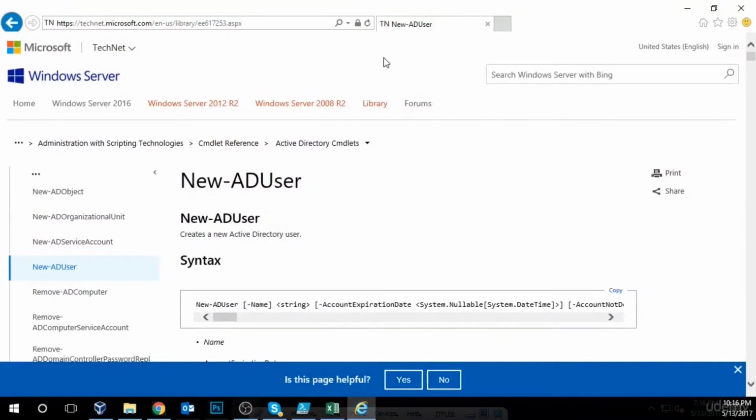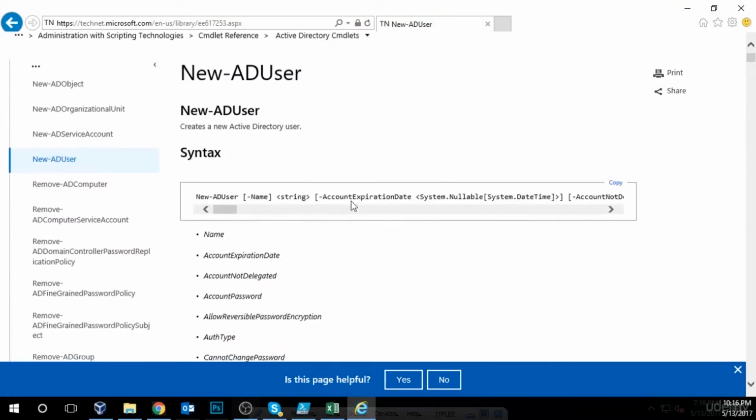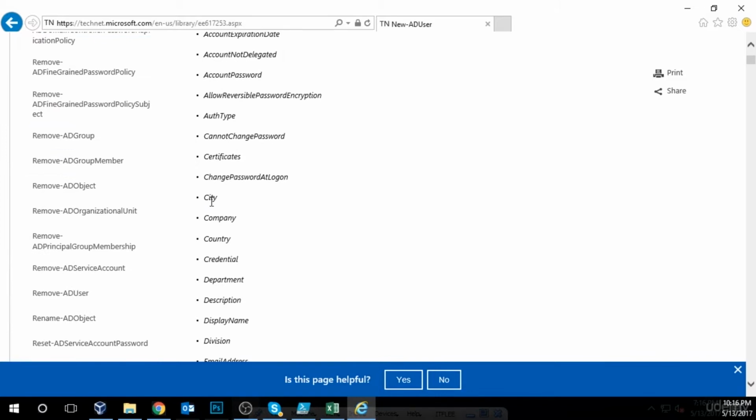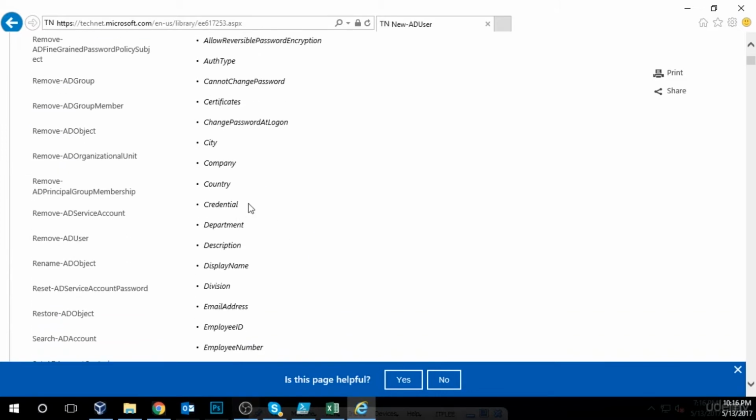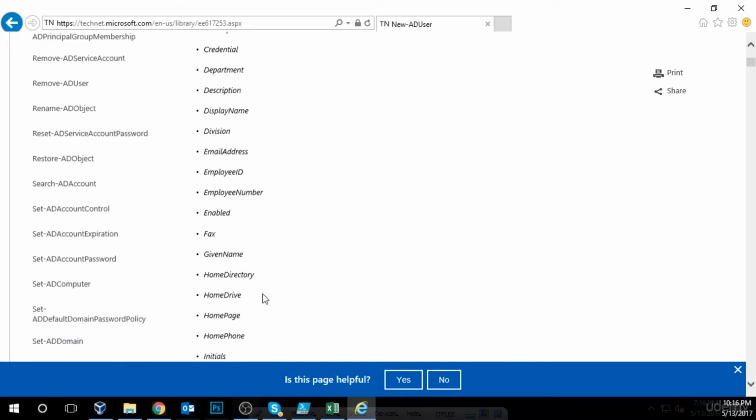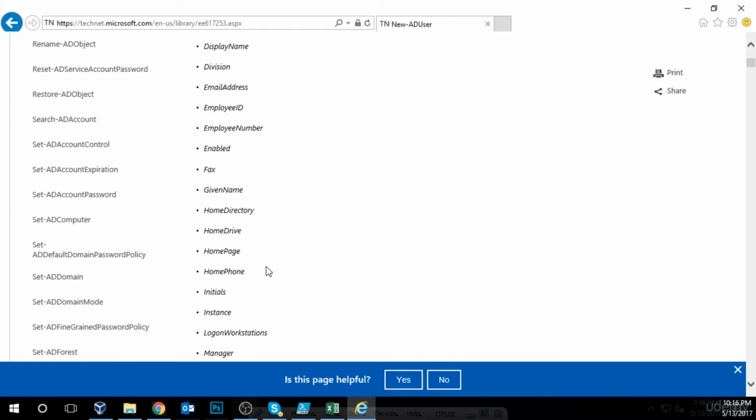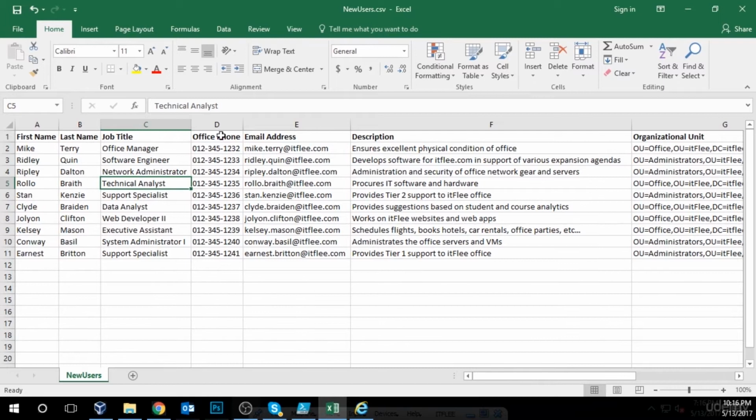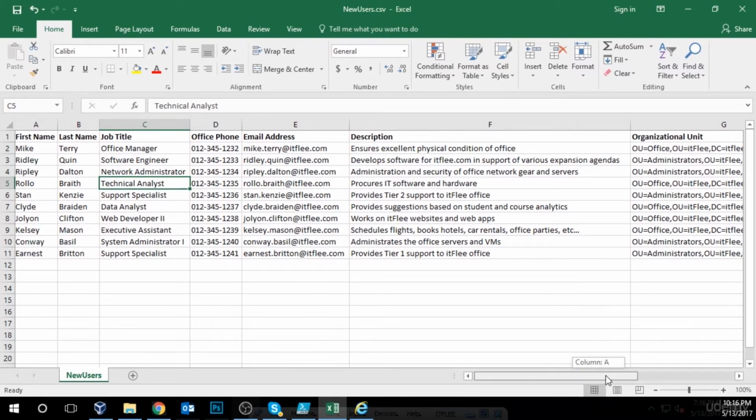So if you go to TechNet and you look at the New-ADUser, here's a list of everything that you can specify in Active Directory. You can specify the city, the company they work for, their county, their division, employee ID, fax number, all this information you can specify if you would like. But I just stuck with the bare basics: first name, last name, job title, office, email address, description, and the